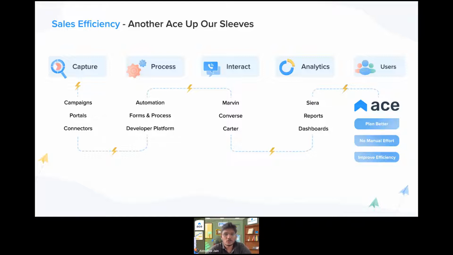Obviously, what you can't measure, you can't improve. That's the fundamental. There as well, we have a lot of things where you could improve your sales efficiency. But we realized there is one more place where we could improve it, and that's the last mile, at the user place, where the actual end user does the job, with their mindset and their objectives. So how do we improve the efficiency at an end user level?